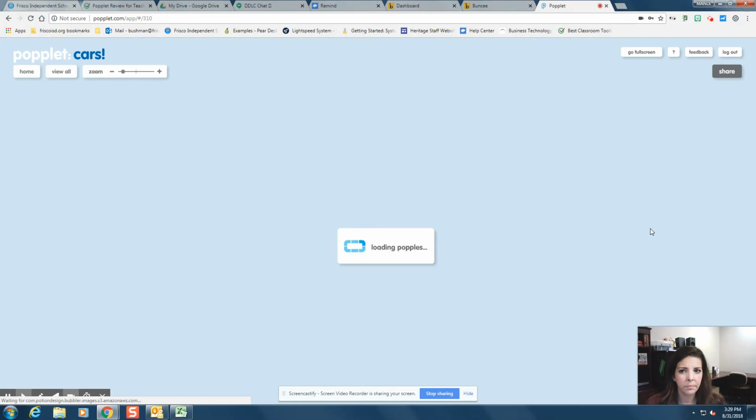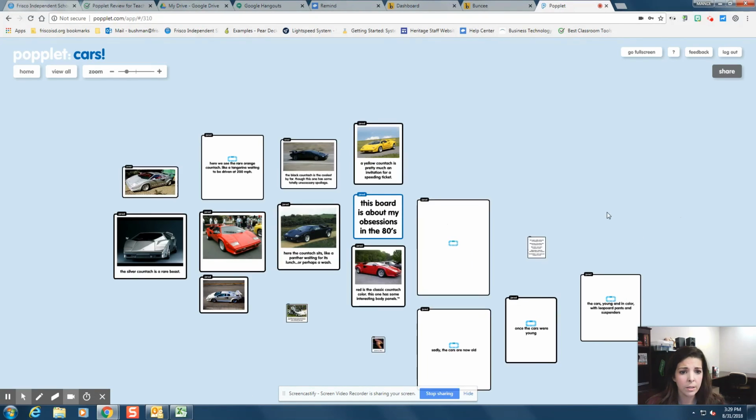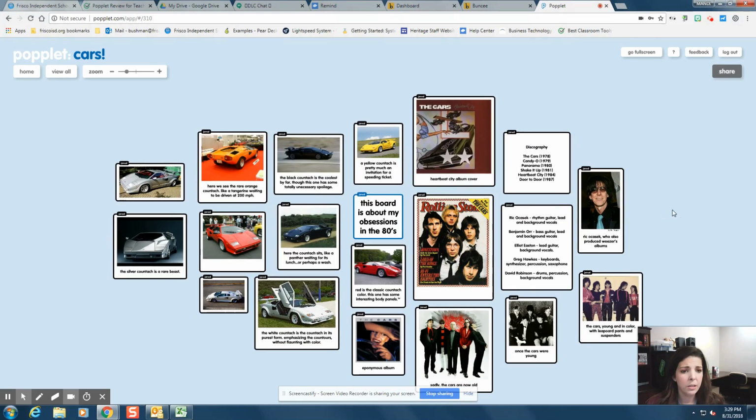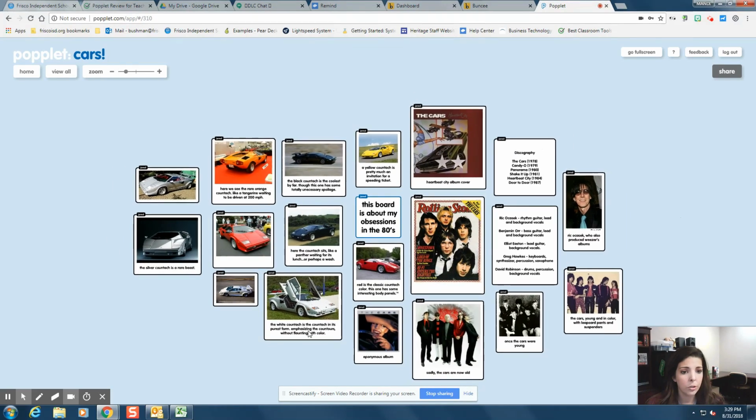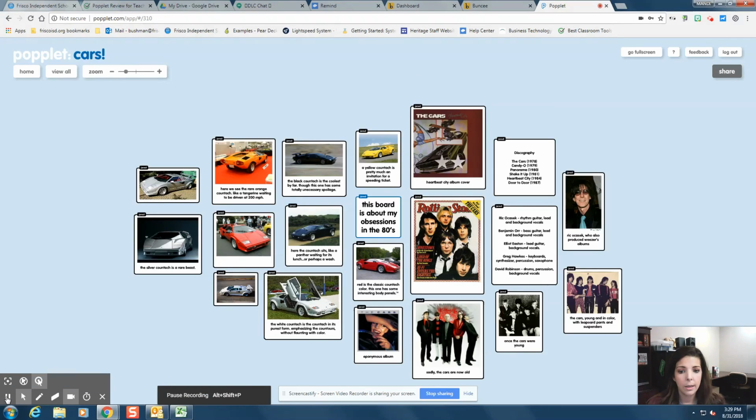Here's one on cars, and again, all you need to do is collect those pictures from whatever sources you have and save them on your drive, and then you can upload them. And it's pretty easy, and